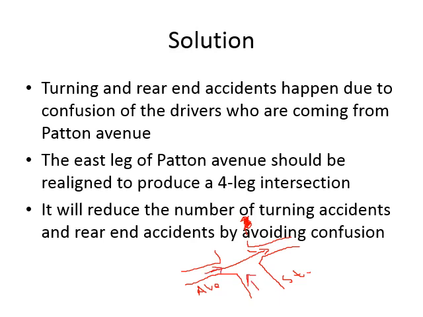They can make their decision in advance, so there will be no coming out on the road suddenly. These drivers will have more chance to see who is coming, and since they will not be crossing, it will be a straight movement, so they will make their movement very quickly. They will disturb fewer drivers on this side and those drivers may not have to stop suddenly while they are coming from here.